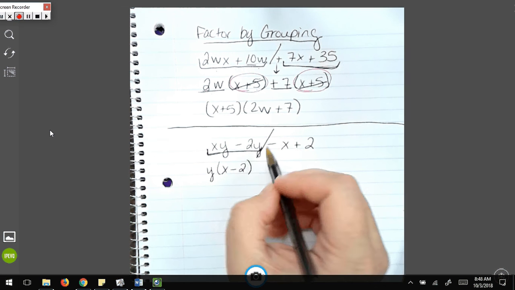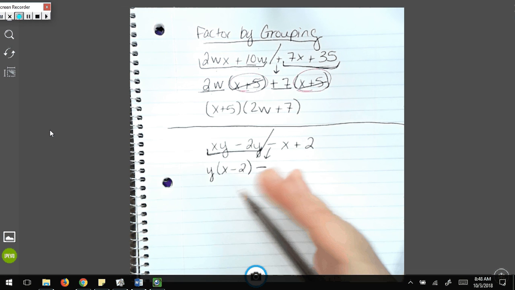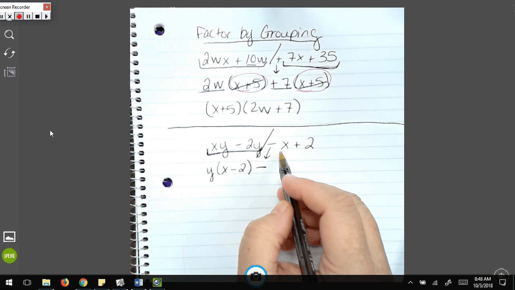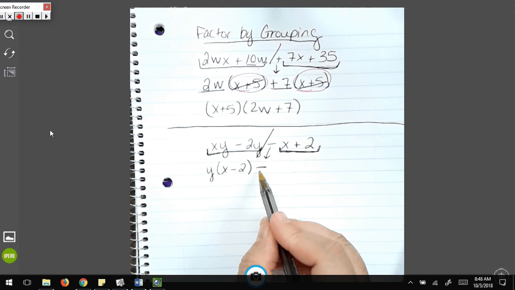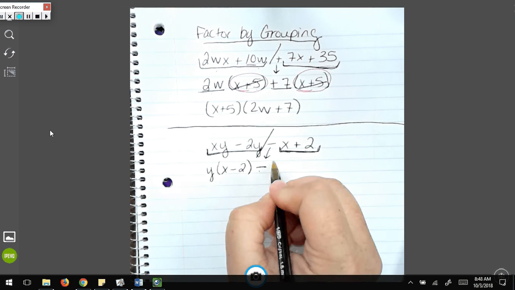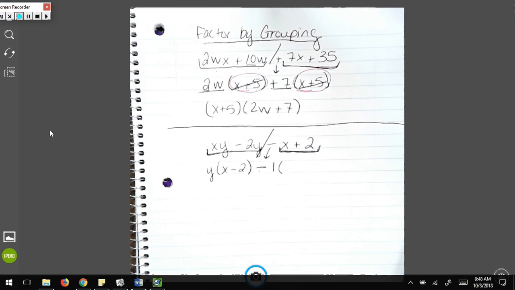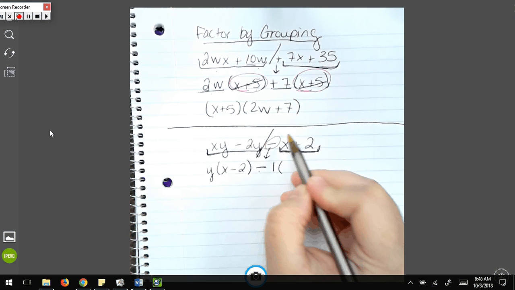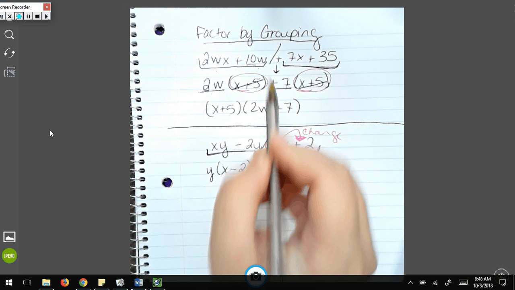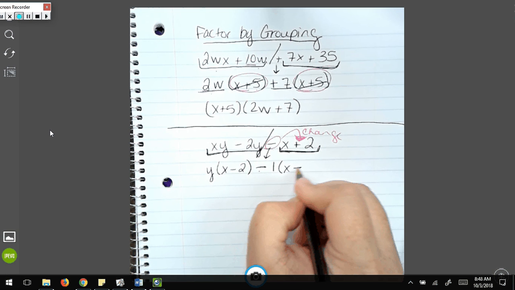Okay? Remembering to always keep this middle sign. This time it's different because there's a subtraction in the middle. So what I have to do is remember that whatever the GCF I take out of here, it's really a negative because of the minus, okay? So the GCF here is 1 because there's nothing that can go into both of them. What happens is when this middle sign is minus, it has to change whatever this sign is, okay? Now if it's plus, everything stays the same, but when the middle is minus, we have to change that last